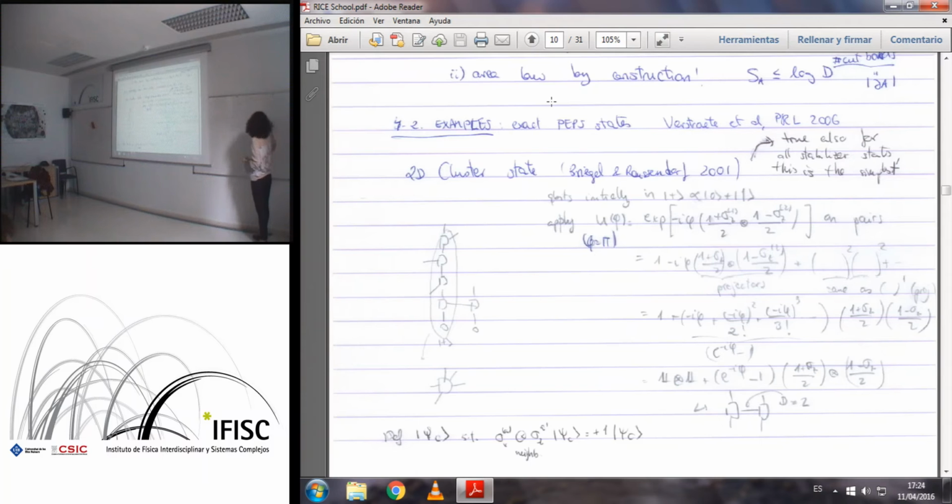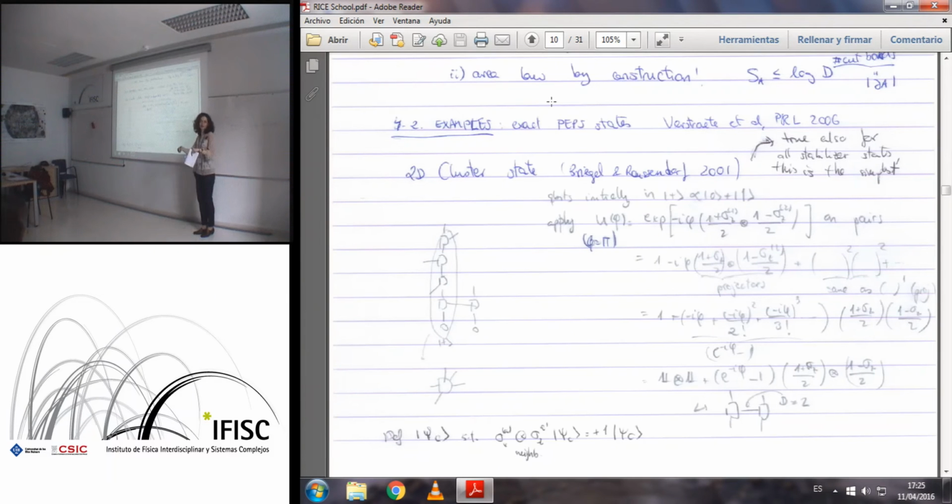which is 1 plus sigma z divided by 2 on one spin, tensor 1 minus sigma z on the second spin. The exponential of this thing. So it's a two-body operator. I don't think it's so interesting to do the computation. You can easily see that you can just write the expansion of this exponential and end up in this form, right? So it means that this exponential can be written as a sum of two products of single-body operators,